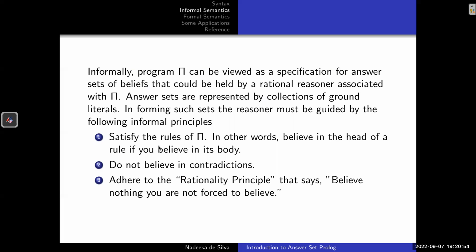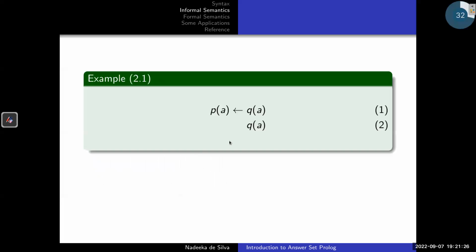To construct this answer set informally, we can use these three rules. First, satisfy the rules of the program. That means if I believe in the body of a rule, I believe in the head. Second, do not believe in contradiction. Third, adhere to the rationality principle, which says believe nothing you are not forced to believe. And use these three to construct the answer set. So I will show you first how to construct answer sets for these programs. Okay, so the first one